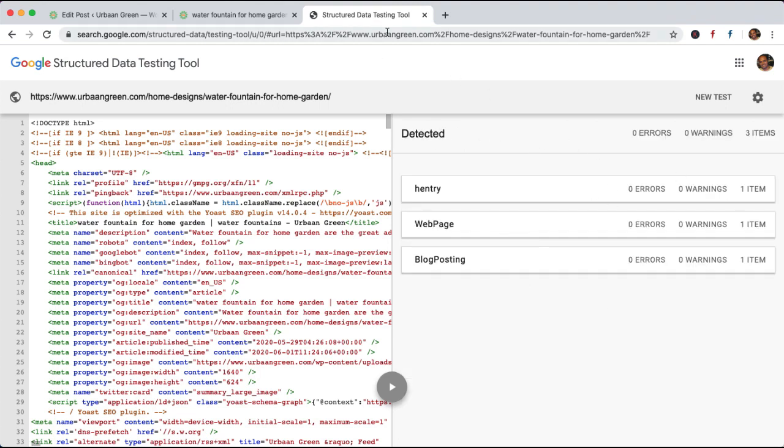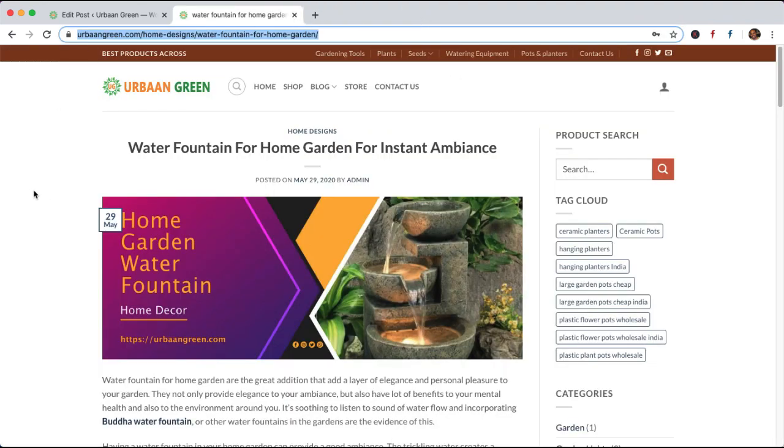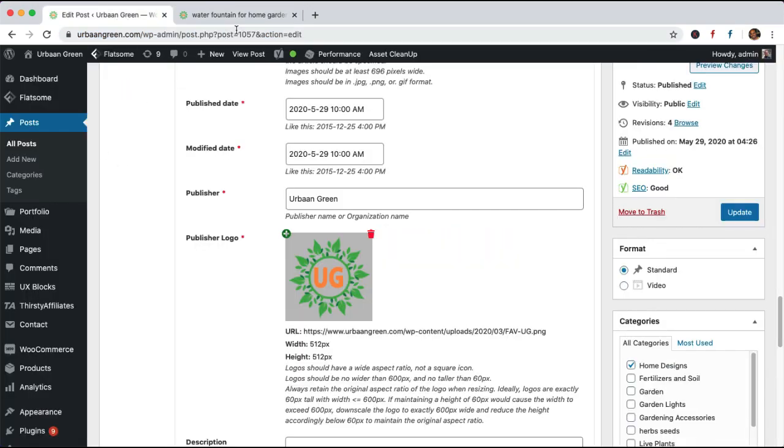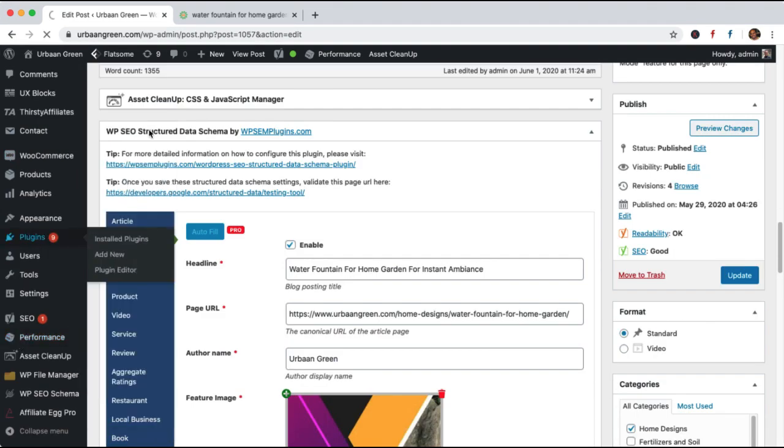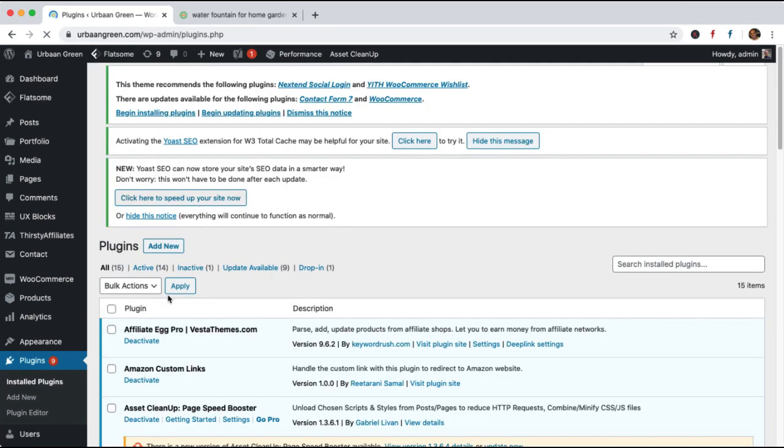So this is how you can add this structured data to your WordPress just by installing one plugin, which is WP SEO Structured Data Schema by WP SEM plugin. Or if you want any other plugin, you can go to the plugin section, type in schema there, and you will be able to find a lot of plugins through which you can add schema data or the microdata to your website in the JSON-LD format.